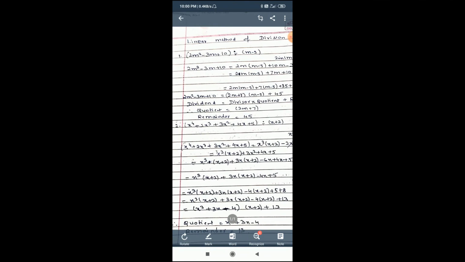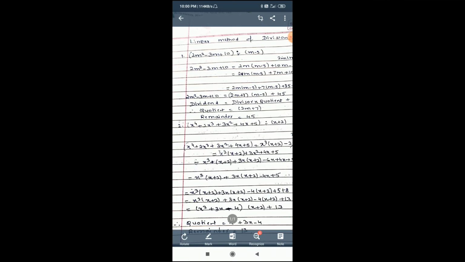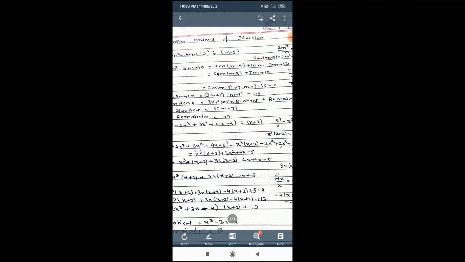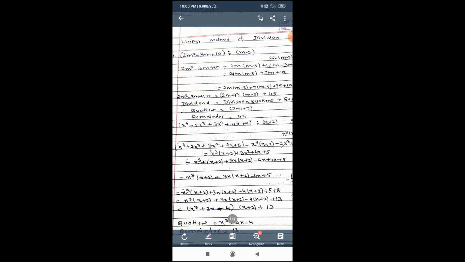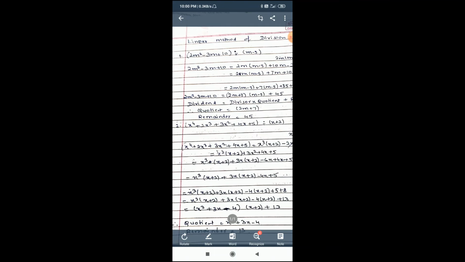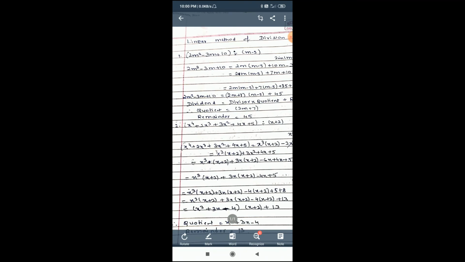So here this becomes x cube into x plus 2 plus 3x into x plus 2 minus 2 into x plus 2, and then plus 4 you will write down, and here 5 is already there. So, 5 plus 4 is equal to 9. Now in these three terms x plus 2 is common. So, x plus 2 you take out common. In the first bracket you will get x cube plus 3x minus 2, into x plus 2, plus 9. So therefore the quotient is x cube plus 3x minus 2 and the remainder is equal to 9.